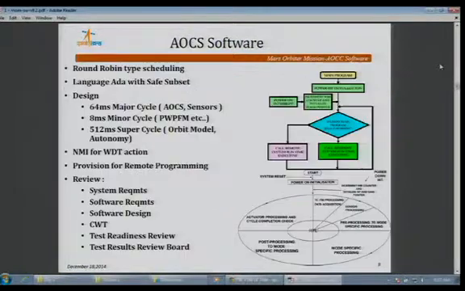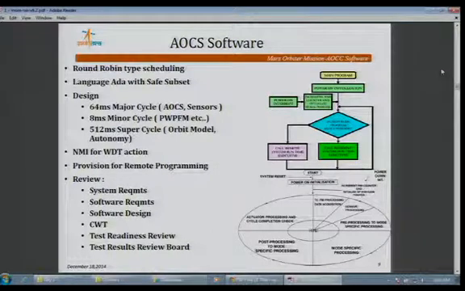Next slide, please. The AOCS software basically has a main program and power on initialization, and there are two paths it takes, whether the program is running through a resident module or remote module. Basically, there is a provision to entirely run the program in the remote mode, that is in the RAM mode or in the PROM mode. This is what we call the remote or resident mode. And cyclically the different modules are placed, and telemetry, sensor processing and pre-processing, and such things are cyclically done every major cycle. That is how it is done.